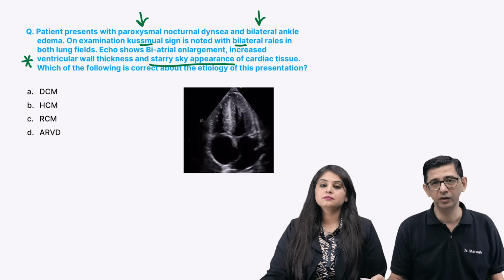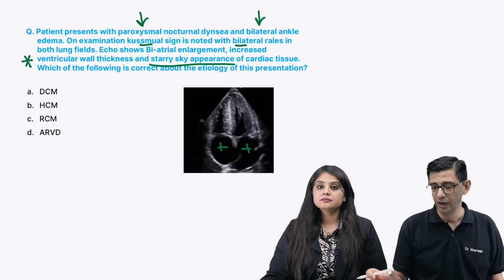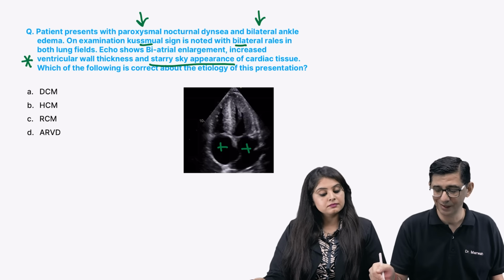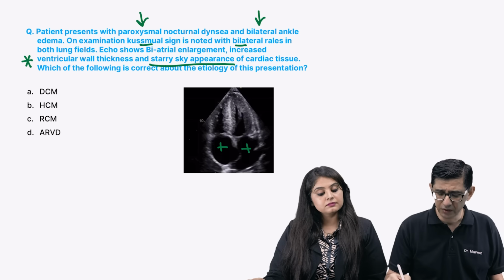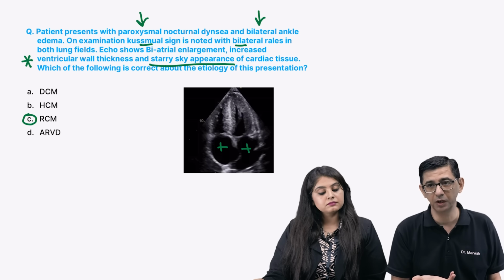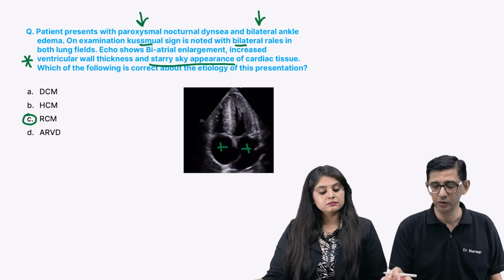Even if you look at this cross-sectional image, you can see those jumbo-sized posteriorly situated atria, and then you can see that speckled sort of appearance in the ventricles of the patient. That's the classical starry sky appearance. So the presentation would be easier for you at this point of time, because the topic that we are studying is restrictive cardiomyopathy. But when you look at this question in isolation, there can be errors of judgment as well,